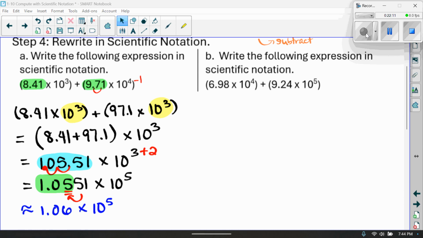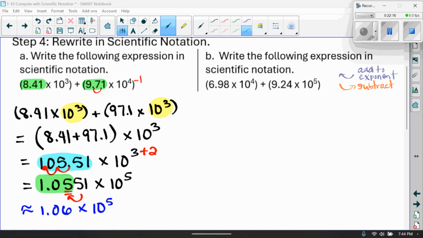All right, so I would like for you to pause and try example B on your own. All right, so for this one, let's change these powers to both the power of 4. So that means I want to subtract, because I'm going to move the decimal to the right one. Okay, that means I'm going to subtract 1 from the exponent. So let's rewrite. We have